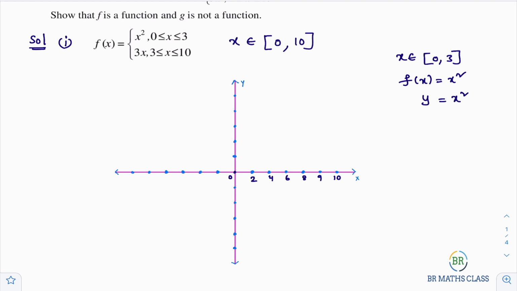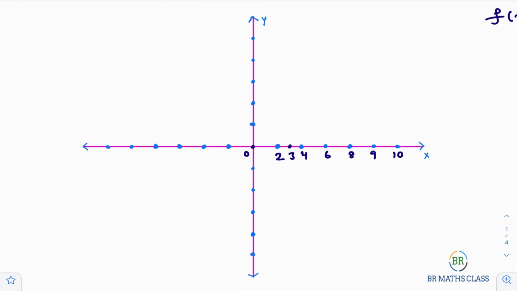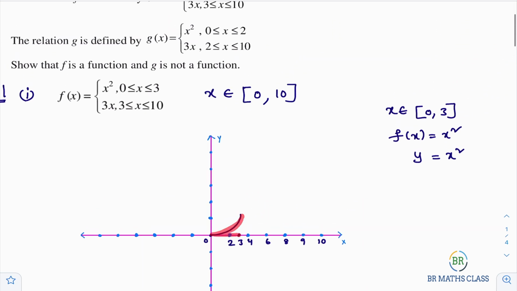Okay, here 0 to 3 they mention, look here, 0 to 3, here 3 will be there. I'll mark that 3 here. In between 0 to 3, the function is like a parabola. I'll draw that graph from 0 to 3. It's a parabola, comes like this. Look here. You observe this is the graph. It's just like a parabola in between 0 to 3. Okay. Now you observe the function.